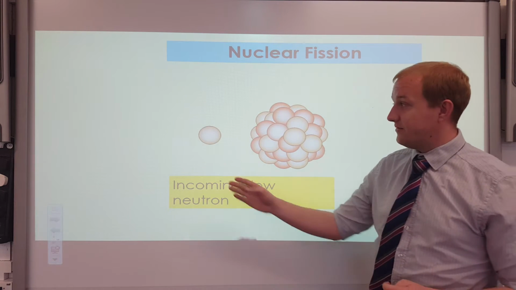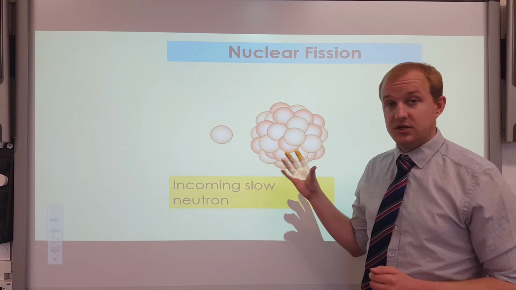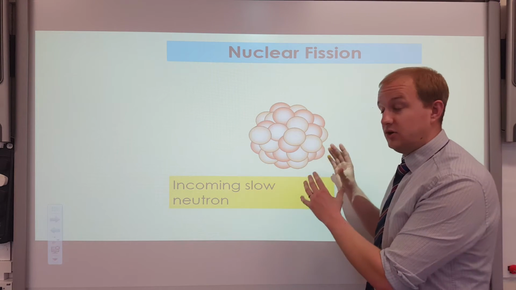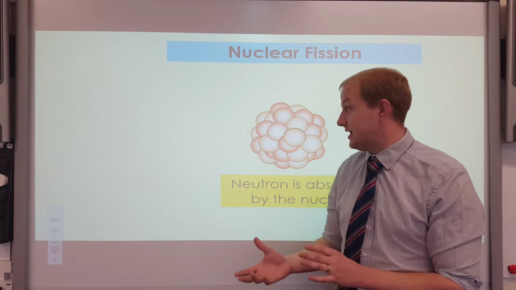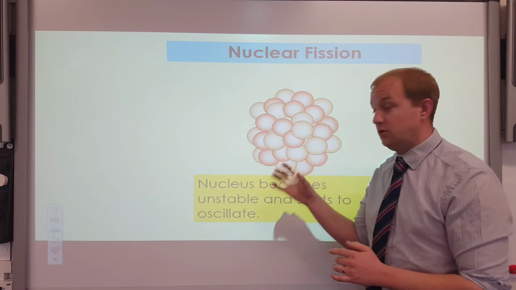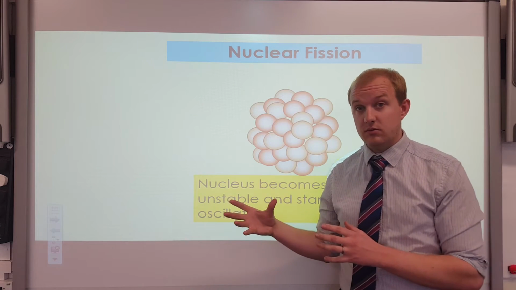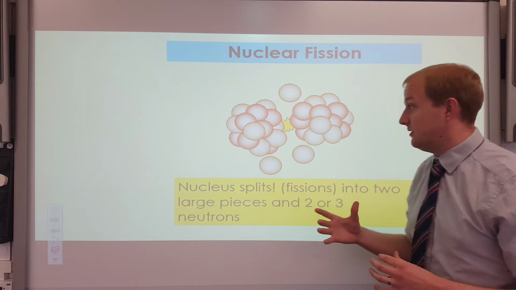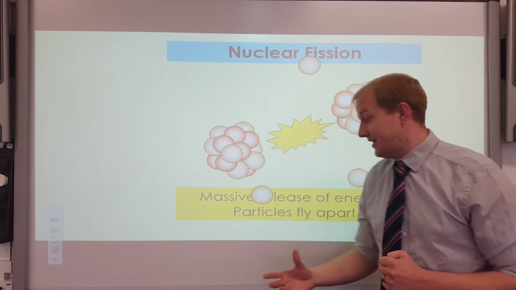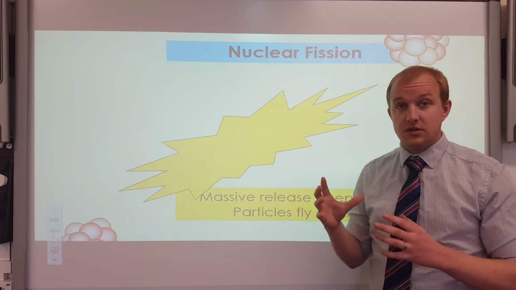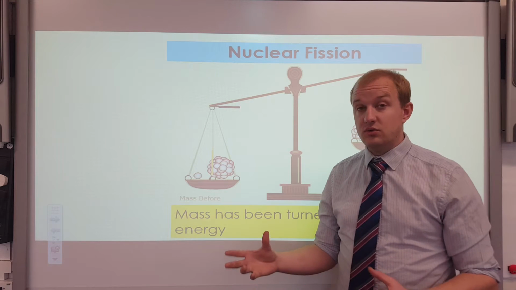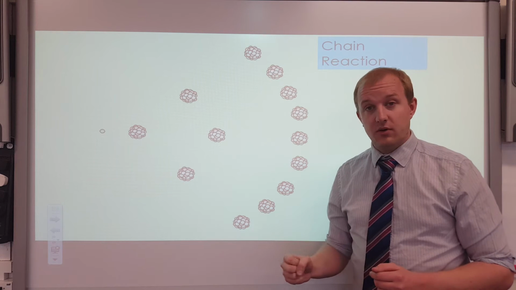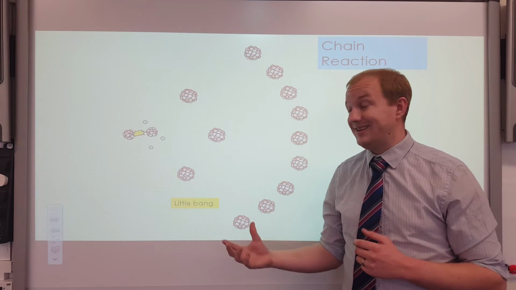Inside the reactor, we have slow-moving neutrons, which are produced by the splitting of other nuclei. These enter the nucleus, causing it to become incredibly unstable. This causes the nucleus to wiggle and wobble, and eventually it splits apart and releases a great deal of energy. This energy is a massive amount and causes the particle to split apart and form two daughter nuclei and 3 extra neutrons. The mass before and the mass after are different, meaning that mass has been turned into